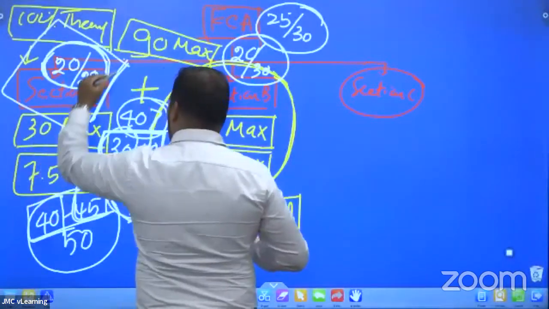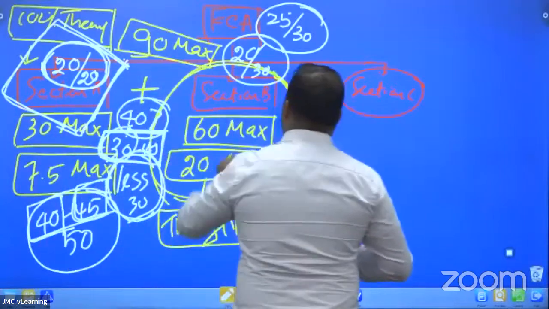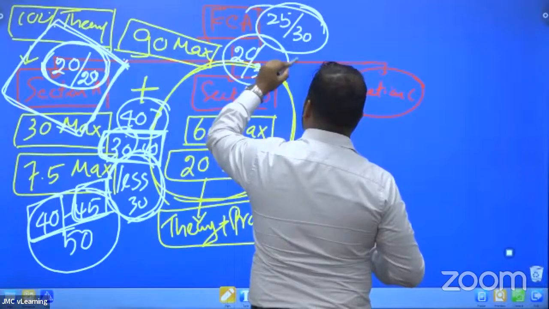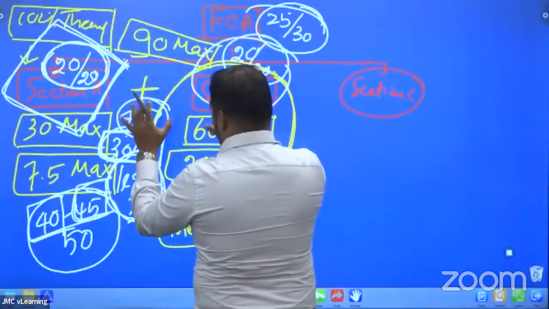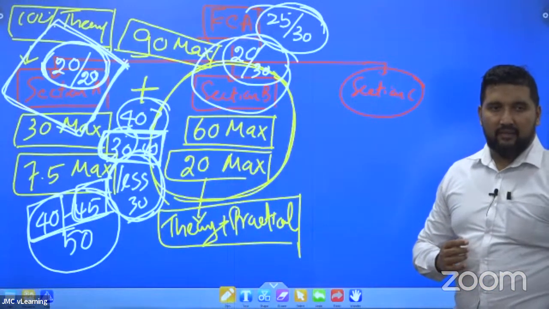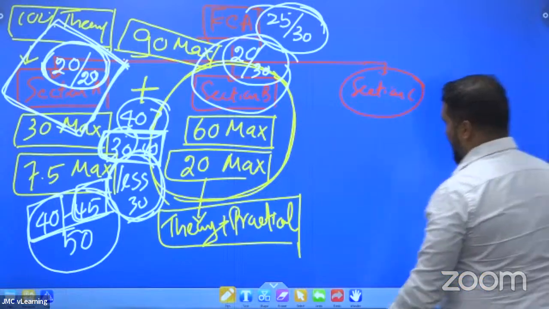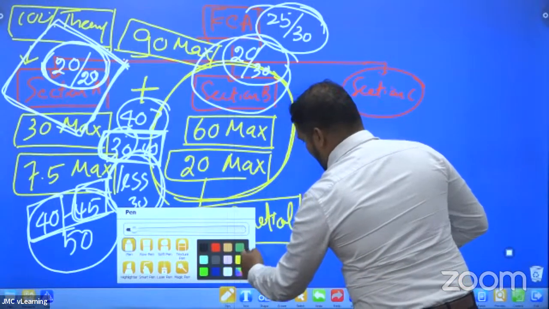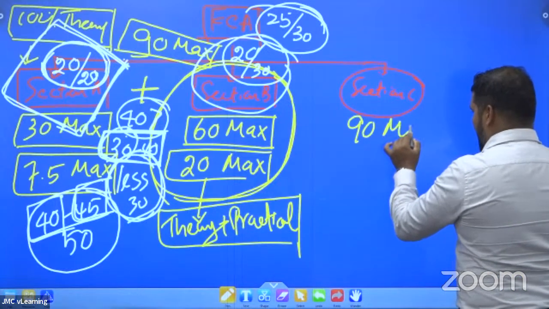Section A would give you a clear competitive advantage. Then try your level best to capitalize on section B as well. So if you can clearly capitalize section A and section B together, you will be definitely having a competitive edge or competitive advantage. Right. So when you come to section C, I wanted all of you to have 90 minutes.